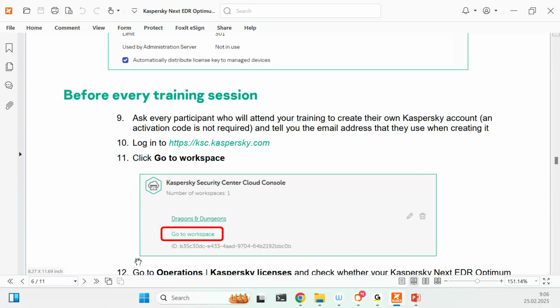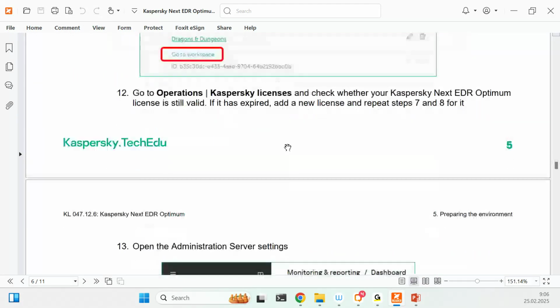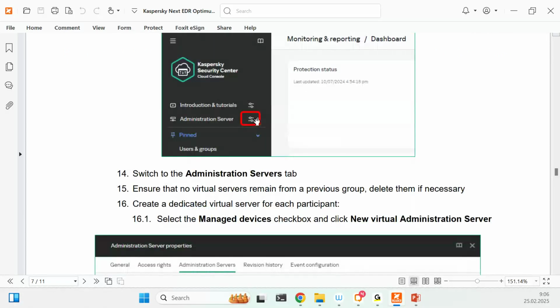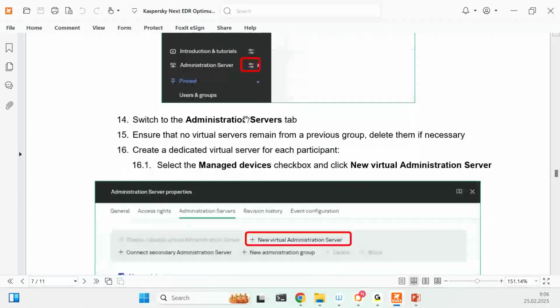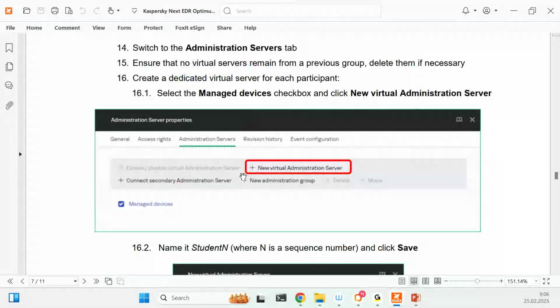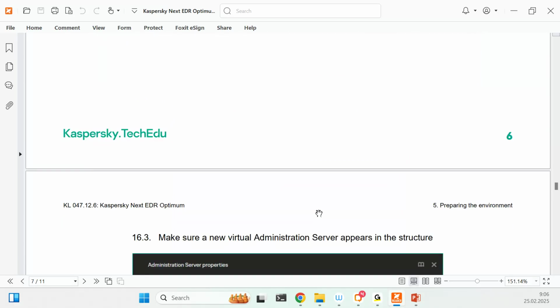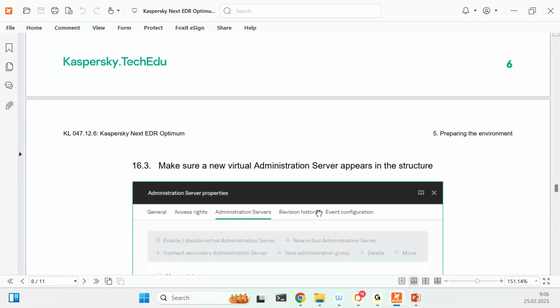Before every training session, go to your workspace on kaspersky.com, then click administration server, settings, and go to administration servers, click new virtual administration server, and name it like student 1, 2, and so on, depending on the number of your students. Then click save, and you will have a lot of virtual administration servers configured